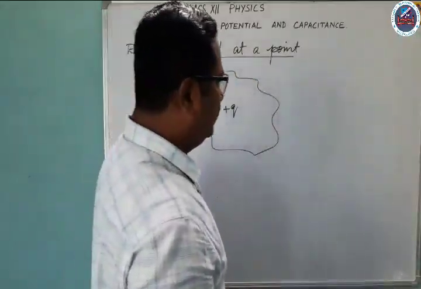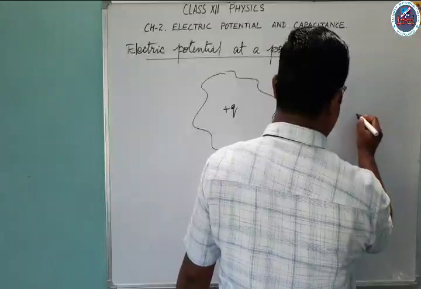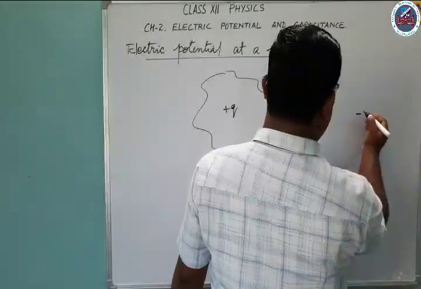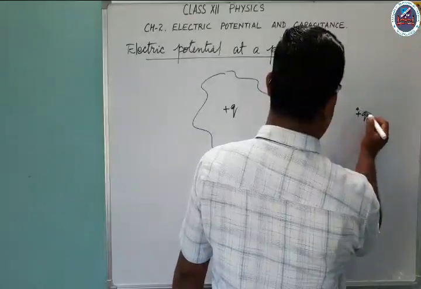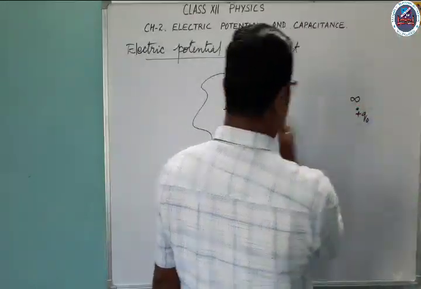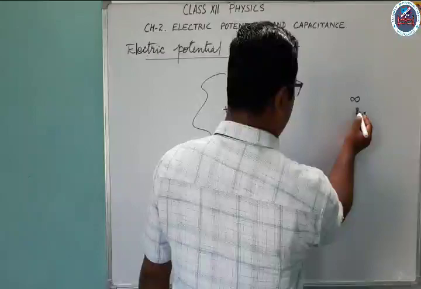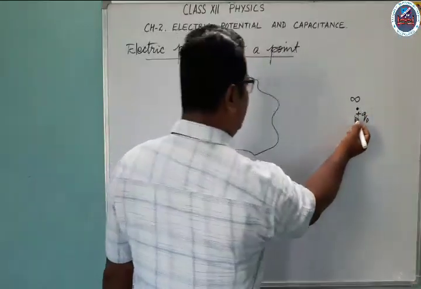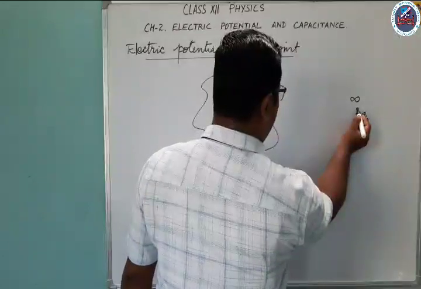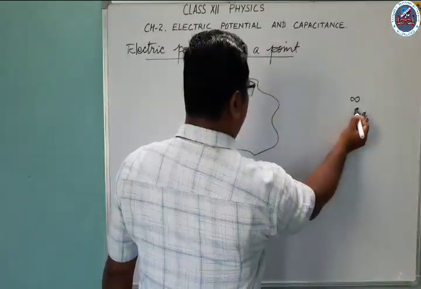To bring a unit positive charge, say plus Q naught, we don't know the exact distance, so we treat it as being at infinity, and bring this unit positive charge from infinity